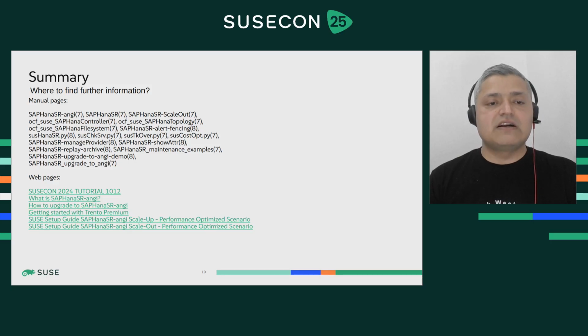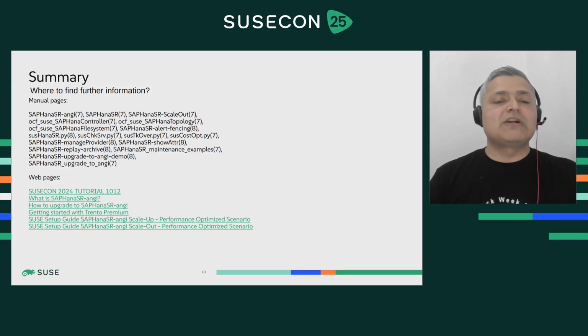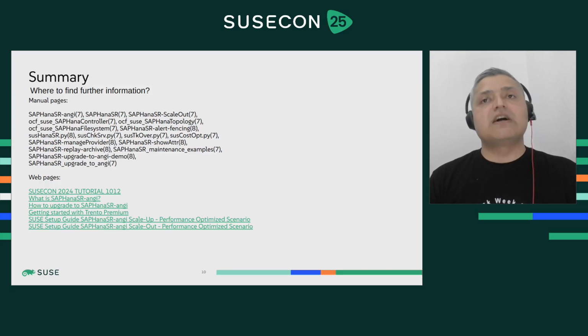And obviously for upgrade, we have two manual pages, SAP HANA SR upgrade to ANGI and SAP HANA SR upgrade to ANGI demo. And apart from the manual pages, which are quite important documents when you are planning to use SAP HANA SR-angi or to upgrade to it,